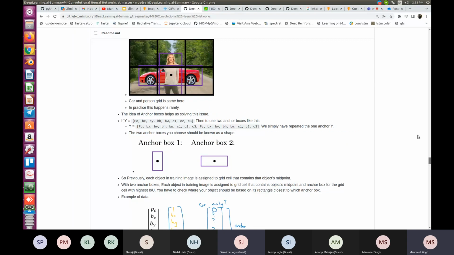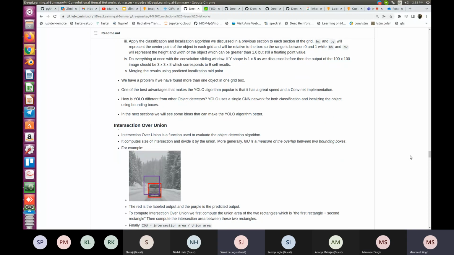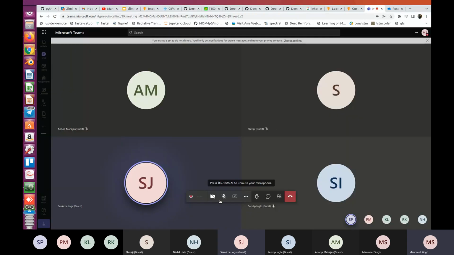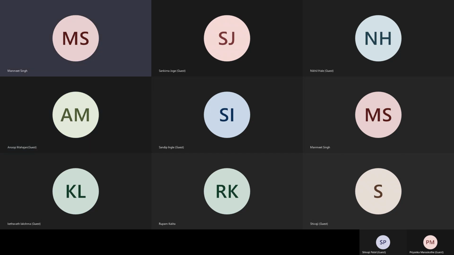Sir, how does the activation function affect the algorithm? How does the activation function affect the algorithm? Yes, sir. Can you